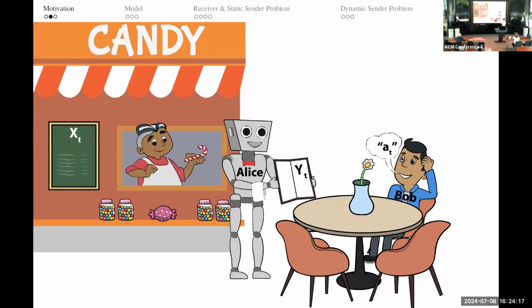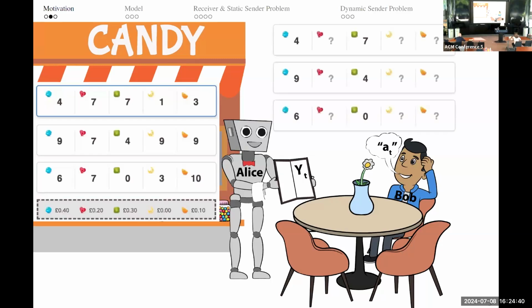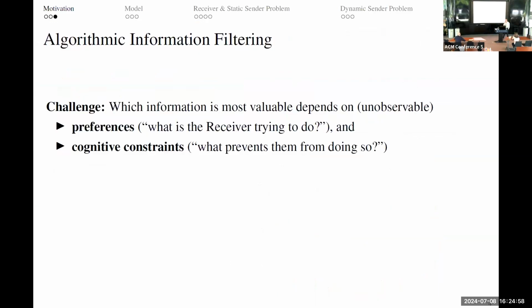Now, the problem that I study is to introduce a second agent that I'm calling Alice. And what Alice does is to observe Bob's full information menu and to present him with a personalized, custom filtered menu, either to nudge him towards more desirable choices if she's benevolent, or to persuade him for her own benefit. So what Alice can do for the purpose of today's talk is to just simply select a subset of the attributes that are on the menu. In this example, she selected to display only the blue and green ones, hiding, for instance, the red attribute, because that's irrelevant for the choice since it's not differentiating across the choice alternatives.